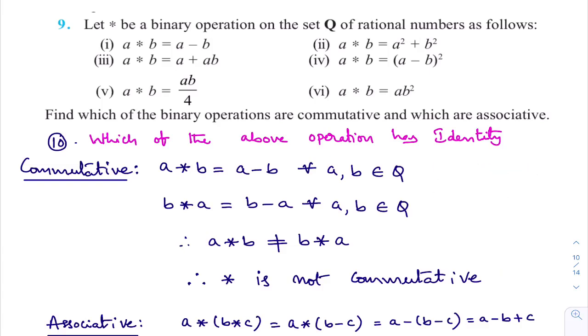I am repeatedly saying again and again, only when it is not commutative can you give the counter example. When it is commutative, then you cannot give a counter example. You should follow the general method that we discussed in the 6th problem also. So in this first bit, star is not commutative. Now I'll check whether the operation is associative or not.